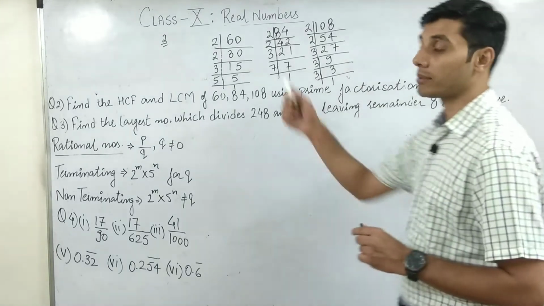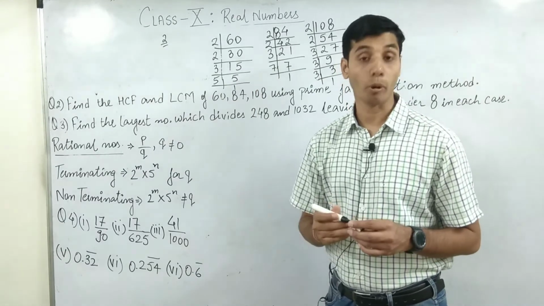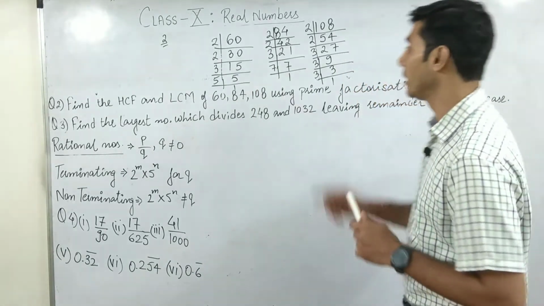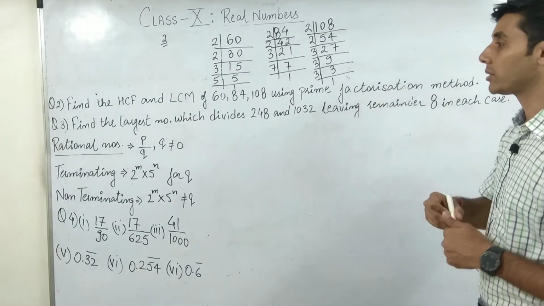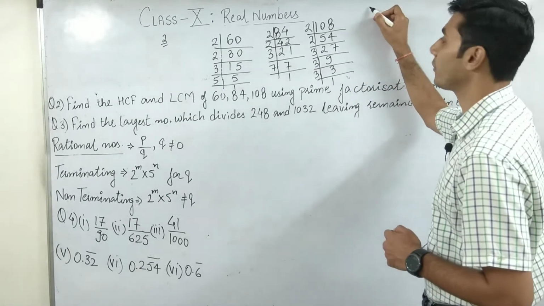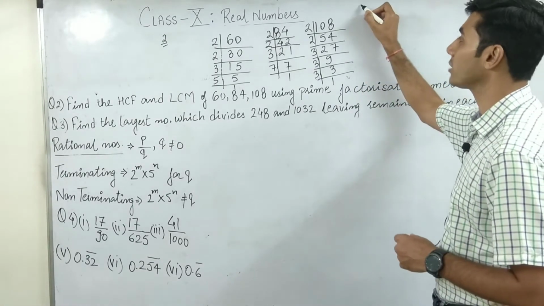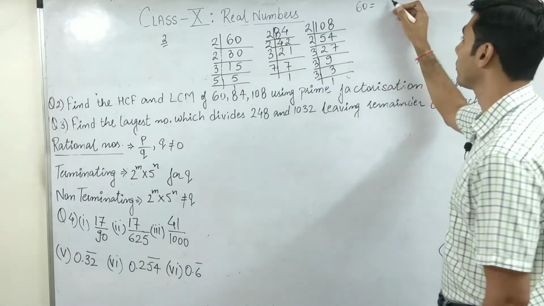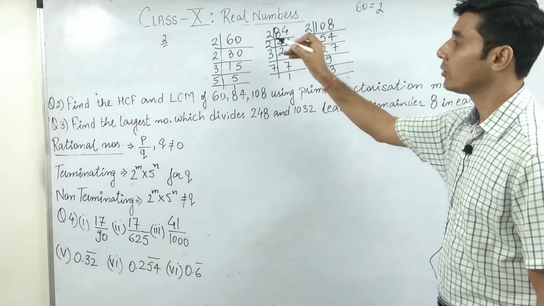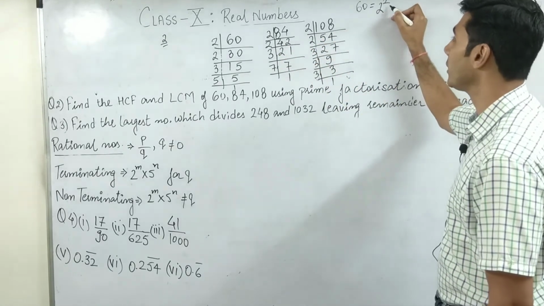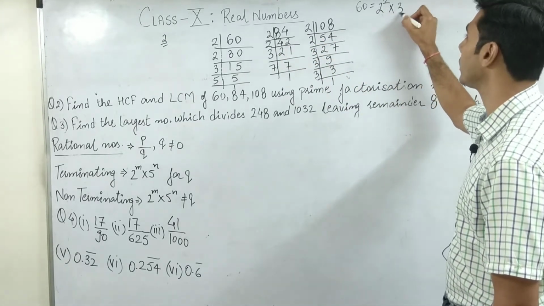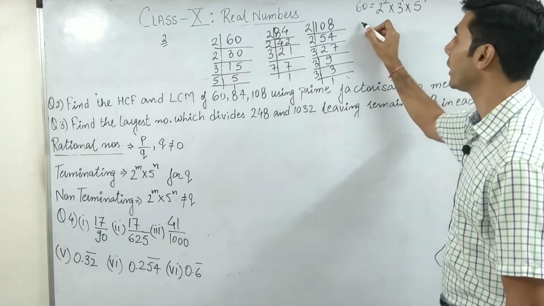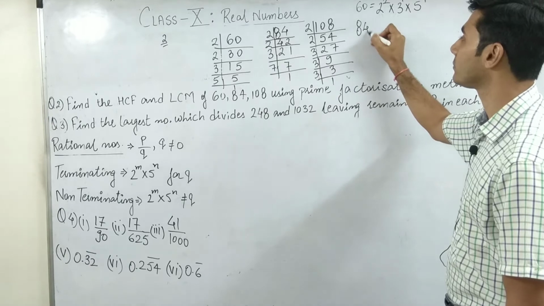Remember that particular property which I told you, that property never applies to 3 numbers, only to 2 numbers. So now let's start finding the HCF and LCM. If I need to find the factors first of all, let's write it in the proper form, that is in the power form. So 60 will be written as 2 square multiplied by 3 to the power 1 multiplied by 5 to the power 1. Then comes 84.